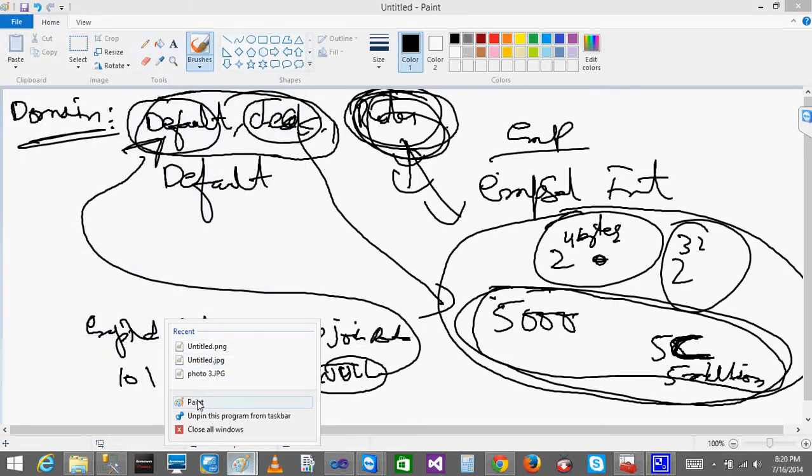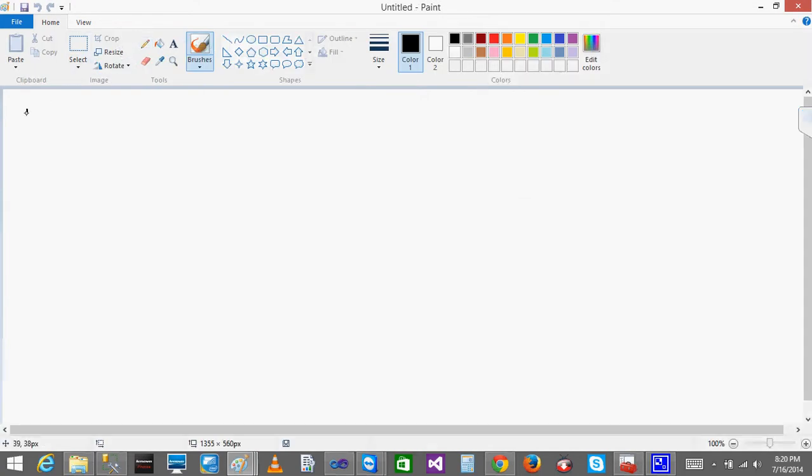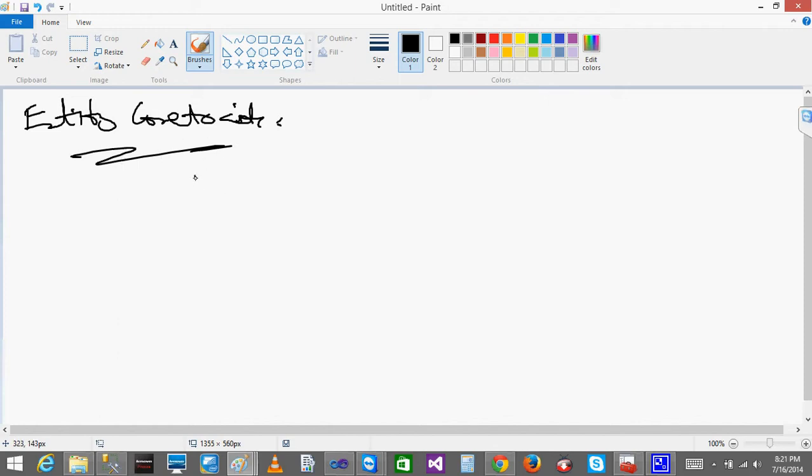Next we will go with the entity constraints. What is an entity constraint? An entity constraint is the constraint which deals with the entire table. That is nothing but the primary key, and one more called the unique key. Both come under the entity constraints.